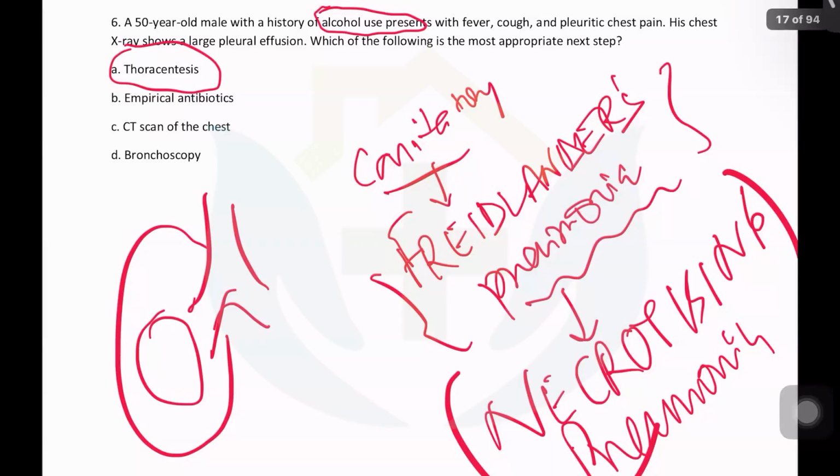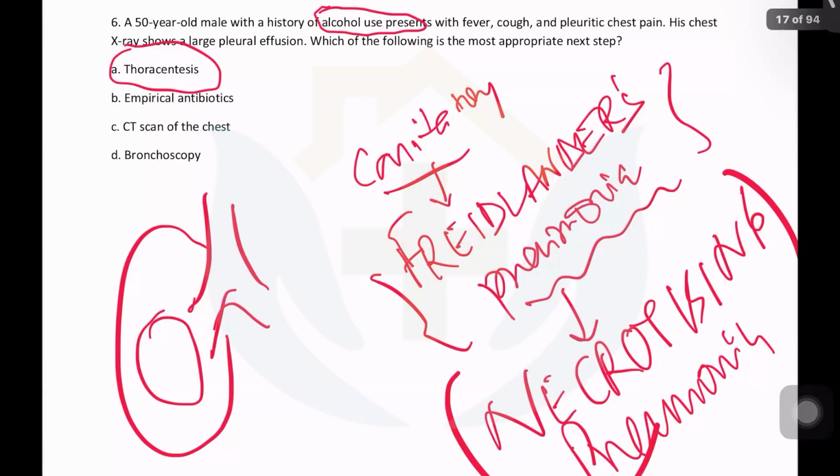Sir, sorry. Yes, but I do get your question that if this patient has Friedlander's pneumonia or a cavitary pneumonia, then should we not go in for a CT scan? We can as a protocol of the organization, but if you go by the protocol of the guidelines and the recommending organizations, there is no such direct protocol that if you have a patient who has presumed empyema that you need to get a CT done.